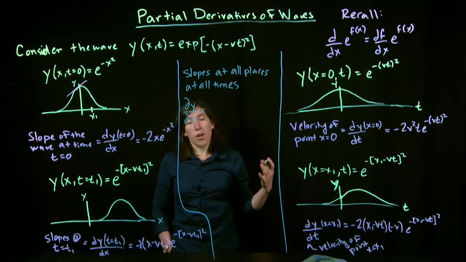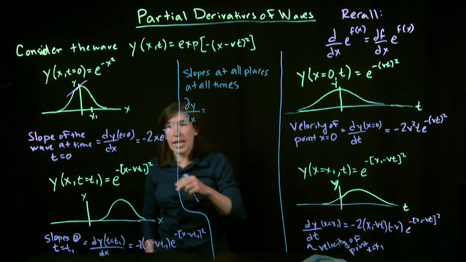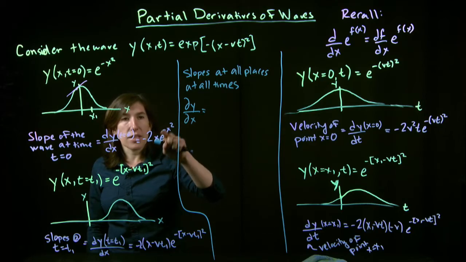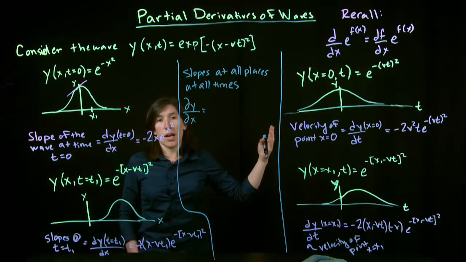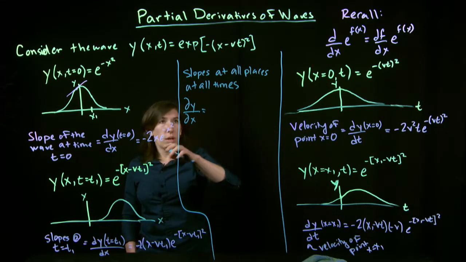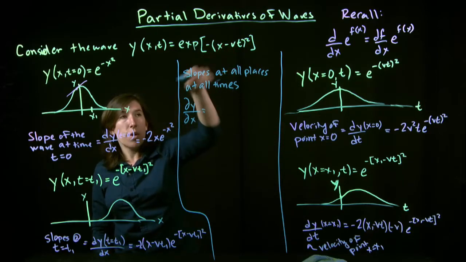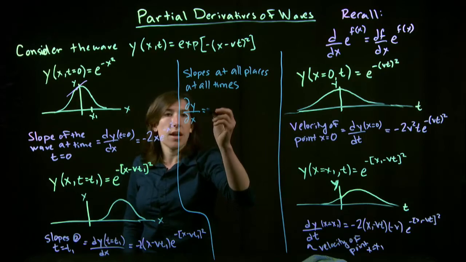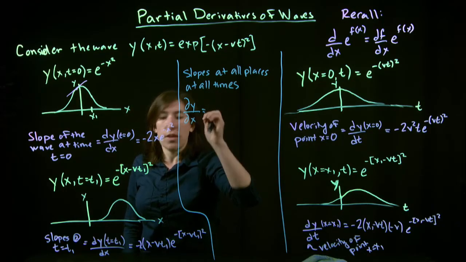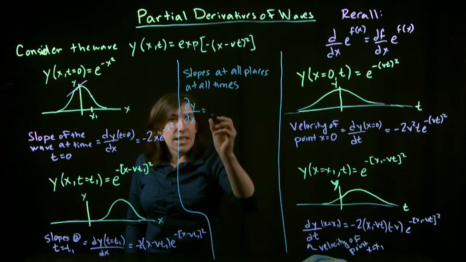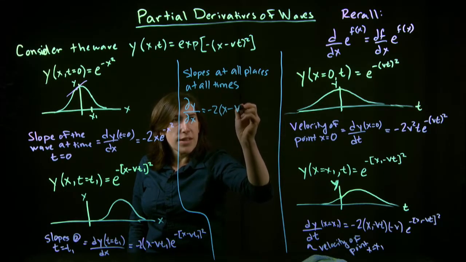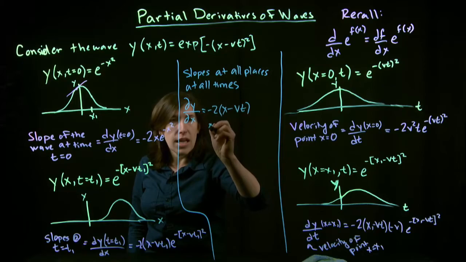So if you recall, partial derivatives are taken by taking the derivative of y with respect to x, treating all other variables as constants. So we're going to leave t in there, but we're going to pretend temporarily as though it's a constant. And so what we get taking this derivative is minus 2 times (x minus vt) times the,